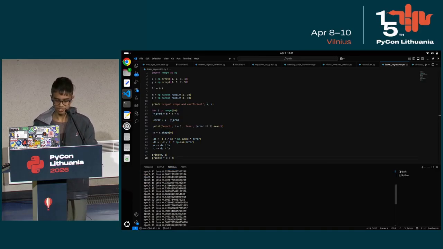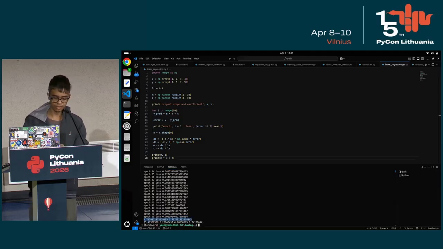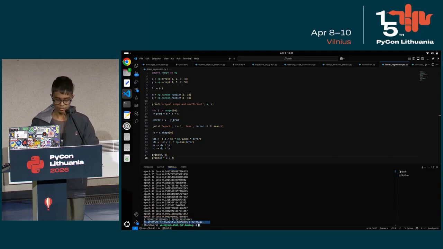So here see it's decreasing. Since epochs are increasing, the loss is decreasing, and then after that here it found the new M and new C, and then after that it showed the prediction which it could do afterwards. So this linear regression project is similar to the PyTorch linear regression. This can be implemented in PyTorch. The only difference is that it is implemented from scratch and it shows all the math of it. Thank you.